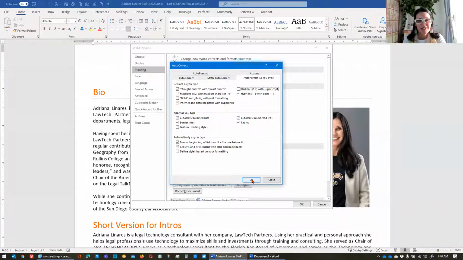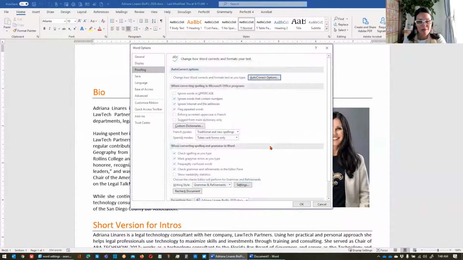So there's a bunch of other settings in here you can tinker with. I don't want to spend too much time on them. I just want to give you some of my favorites, the top hits that I get asked about all the time. Here's where you can add custom dictionaries. So again, if you've got a medical dictionary or any other special language dictionary or just a list of words that are constantly getting flagged as misspelled, you can update custom dictionary. Okay, a couple more things we want to do while we're in here.